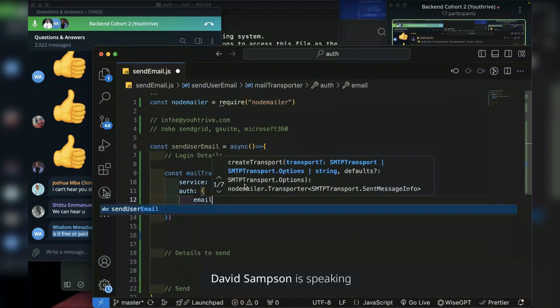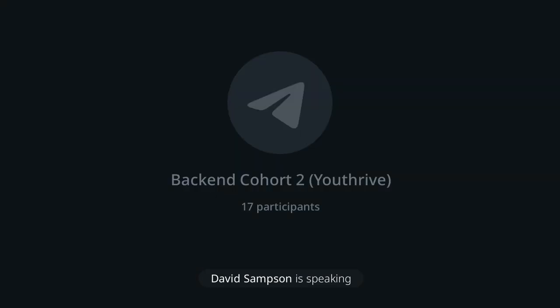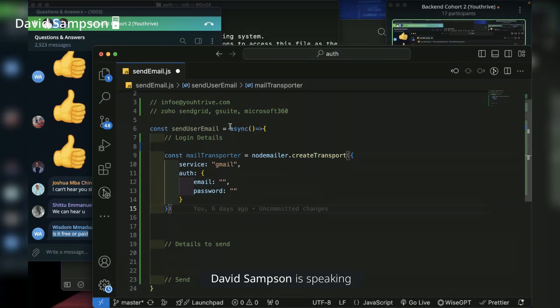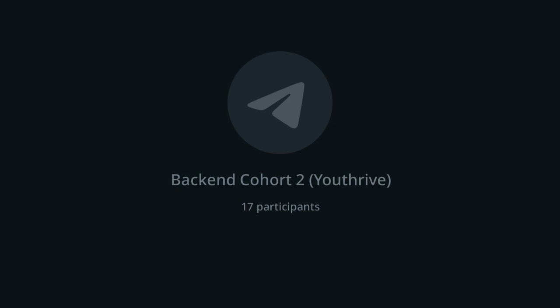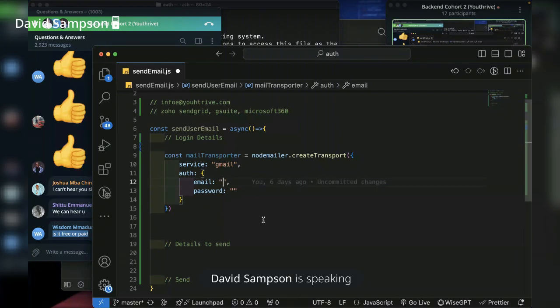Like this, you've created your authorization, the login details. For Zoho, if you are using an email like this, you will also be creating that password here. You enter that password. For SendGrid, any of these, like I said, for all these other emails, the password you enter here is the password to that email. But for Gmail, something like David